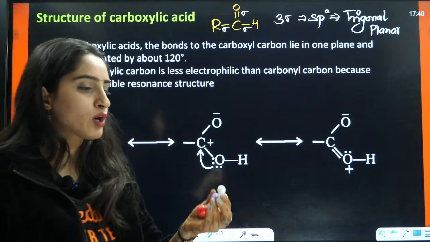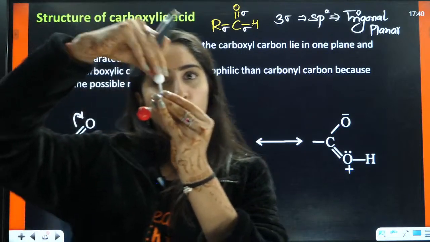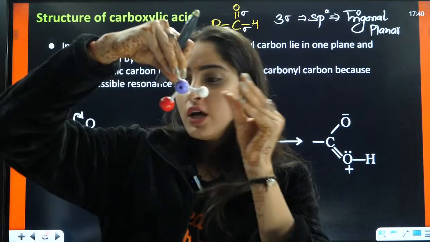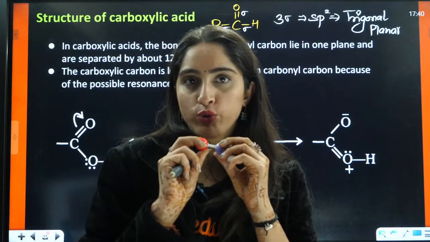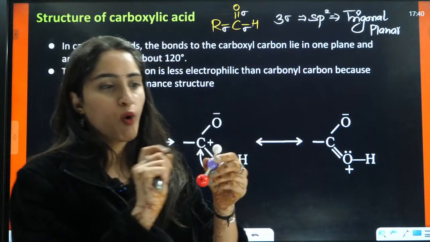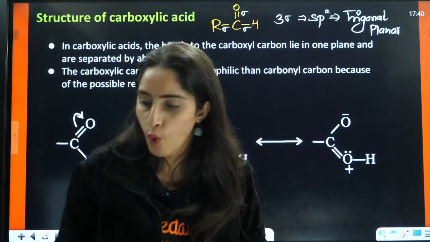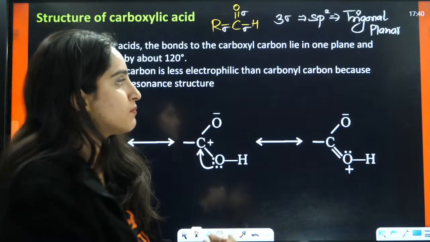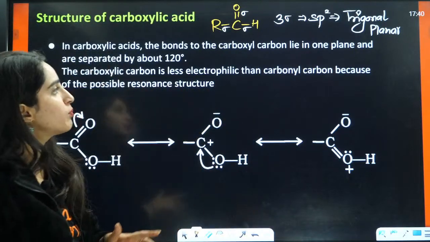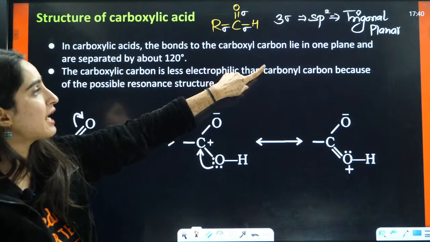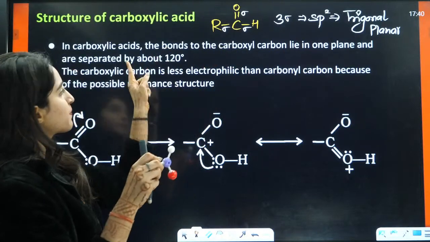Now suppose this is OH, this is R, and this is your C double bond O. So that becomes your total structure. So now let us see, in carboxylic acid, the bonds of the carboxyl carbon lie in one plane,